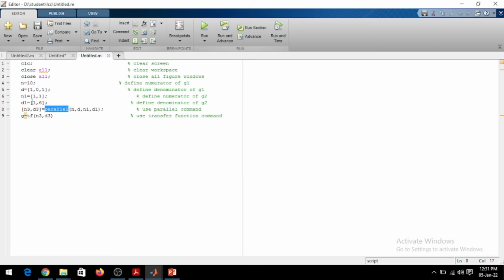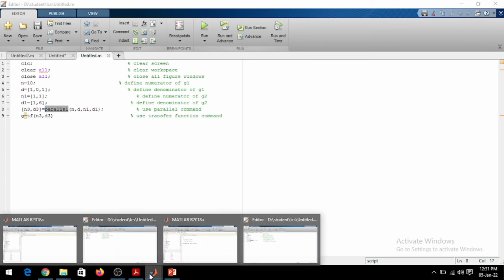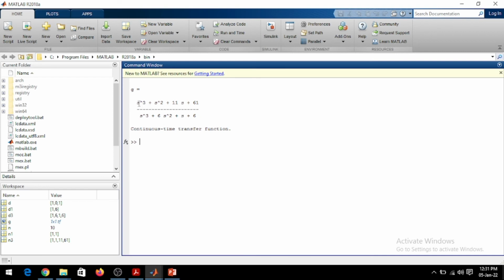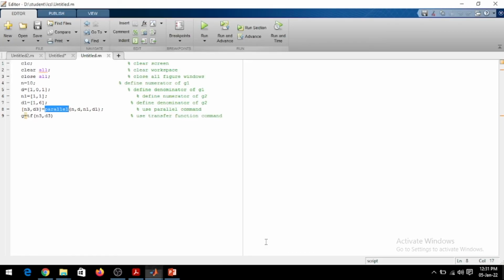Then after writing all the commands for this program, you just click on this run button and find the output in the command window. Similarly, I will write all the programs for parallel and then feedback, unity feedback and convolution.